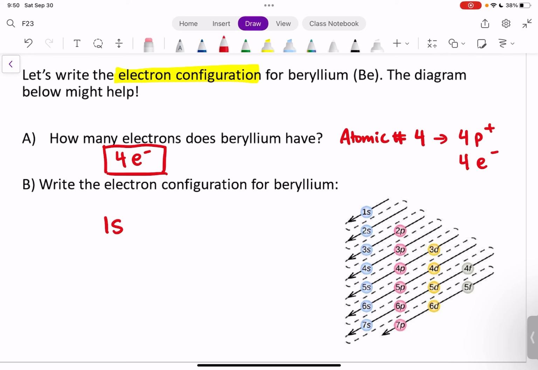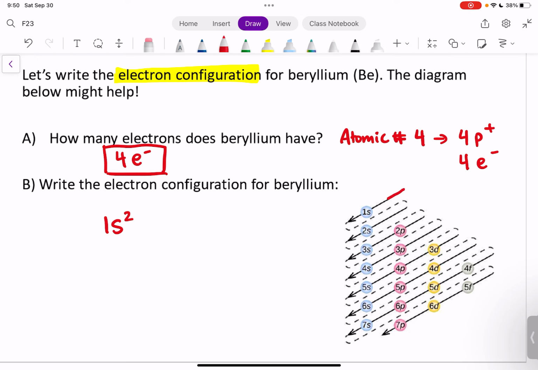Yeah, S. So I've got 4 total electrons to work with, and our S subshell can hold how many total electrons? Yeah, 2. So beryllium's like, all right, 2 of my electrons are going to hang out there in the 1s subshell. So we fully fill that 1s subshell. All right, and you'll notice,